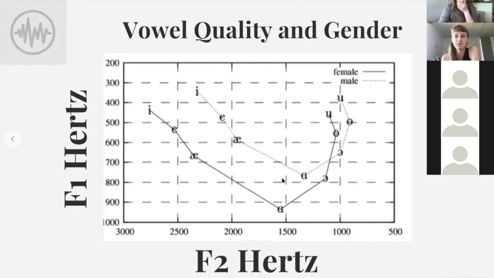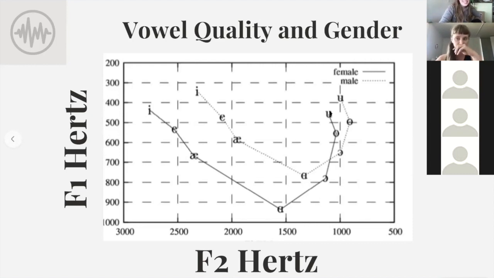These are cis men and women, obviously, and you take a bunch of them and have them read a passage or produce vowels in isolation, and then you take measurements and get the mean value for F1 and F2 for each vowel. So this is E, this is A, this is A. I don't have this vowel really, but yeah, there we go. All the way up to